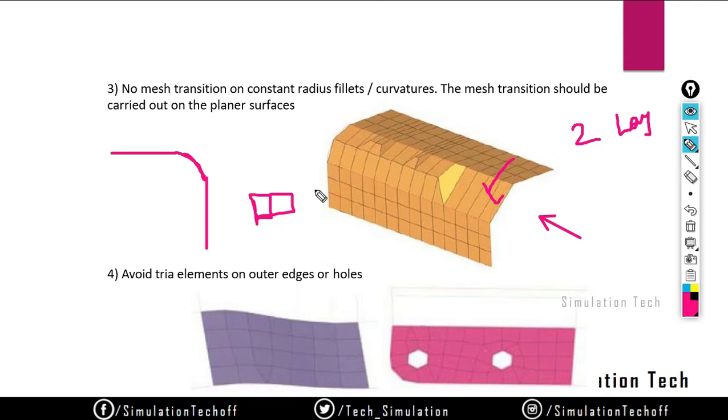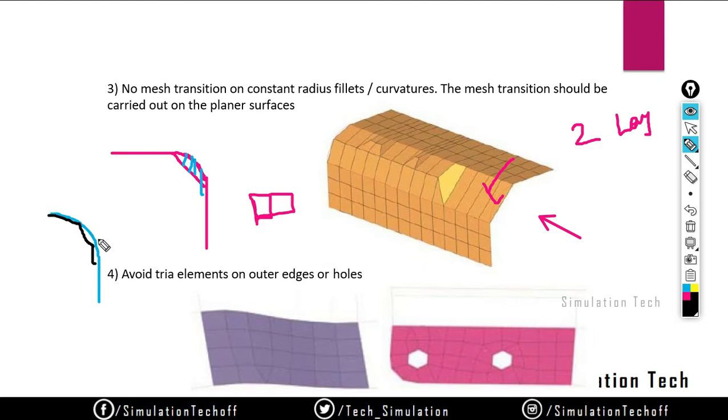So why is it recommended? If you create one single element, it will be created like this. See, there might be a gap. This is an error. There is a change in that original structure. If you create more than 2 layers or 2 elements on the particular segment, so I have a curved area like this, it will be created like this. So 1, 2, 3.